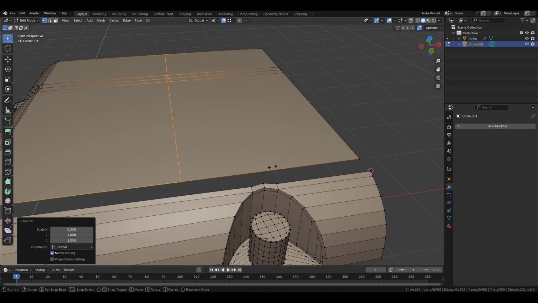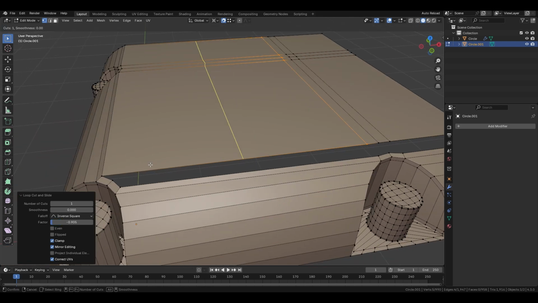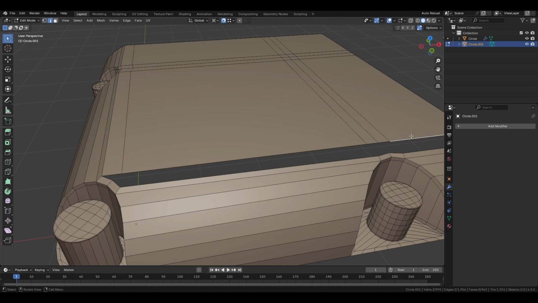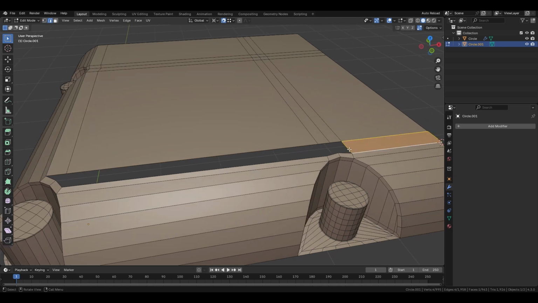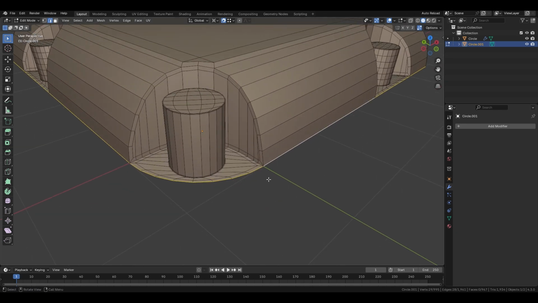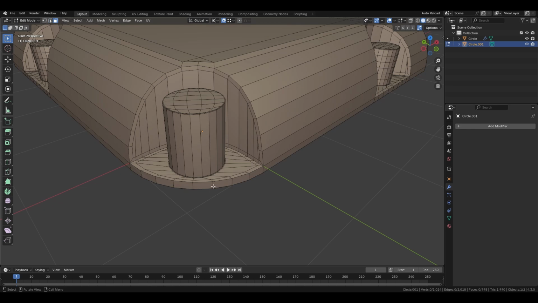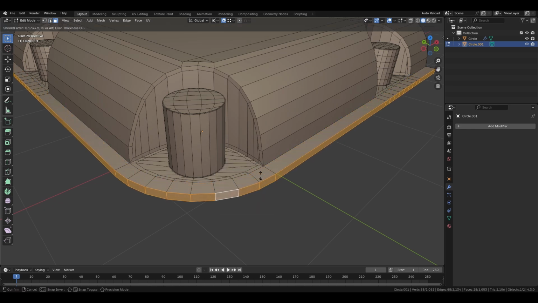Then add a loop cut, snap it to this vertex, again add a loop cut, snap it to this vertex, again do the same, and finally for this. Then select these two edges, F to fill, and then F to fill it. That's all. Now finally I have to select these edges, extrude it down, then select these faces, Alt T, extrude faces along normals,